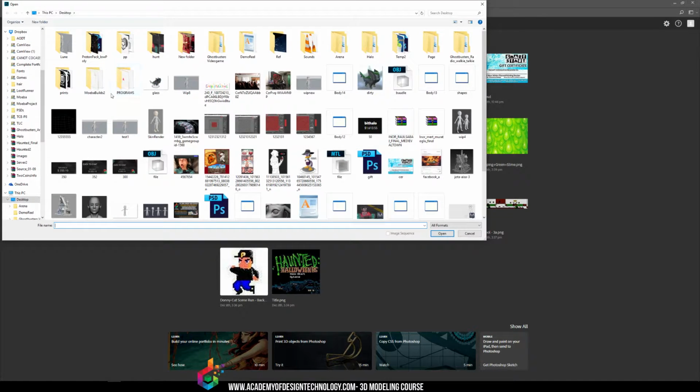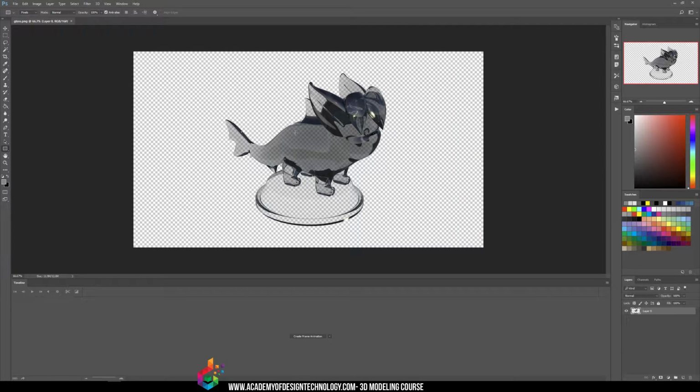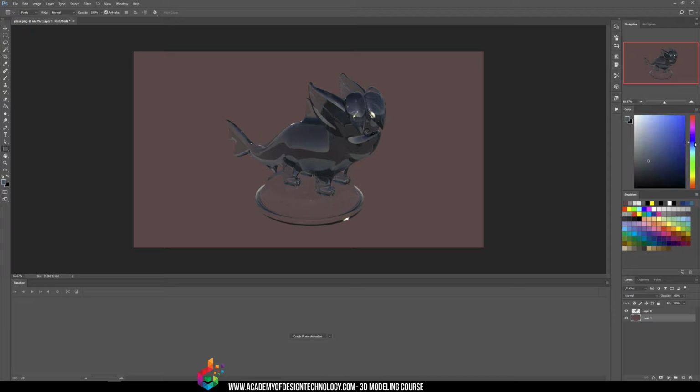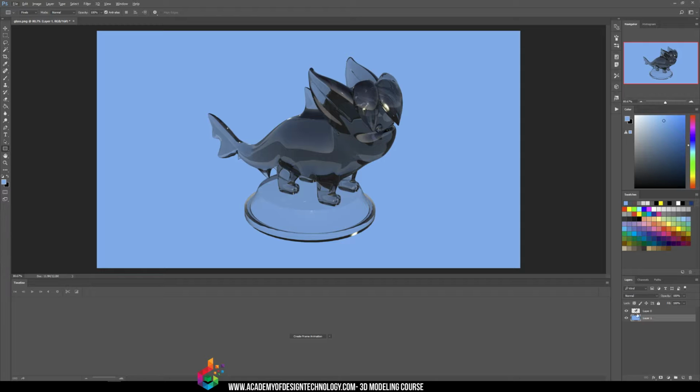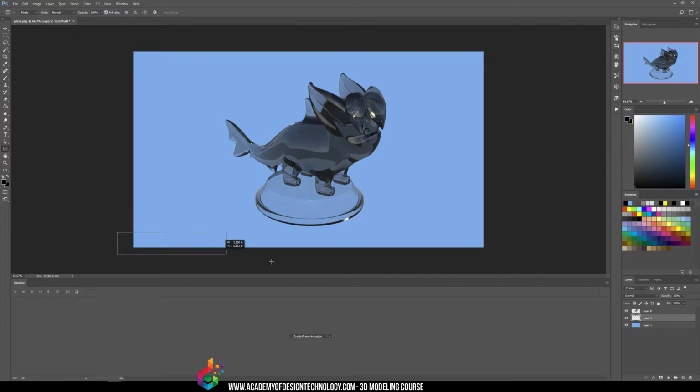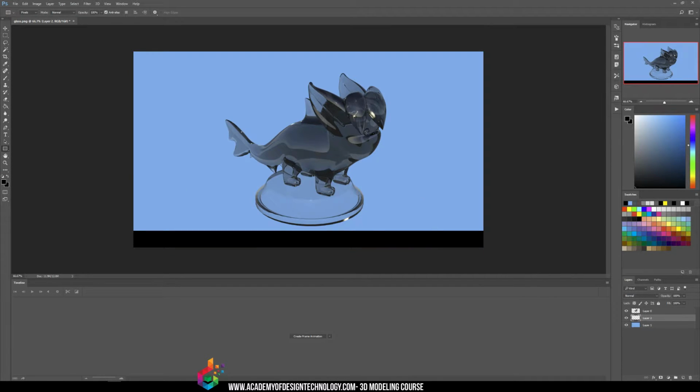So I'm going to open up that glass model that we saved, and you can see it's completely transparent, just like I told it to be, because I turned on the alpha channel. So in a program like Photoshop, I just play around with my layers, and I can create a nice background of anything I want to make this model look really cool. So let's say some water here, and then I'm going to add stylish bars or something like that. I'll just go like, whoop. And then